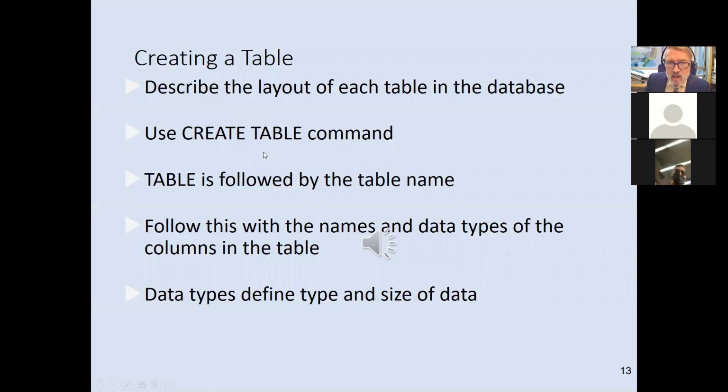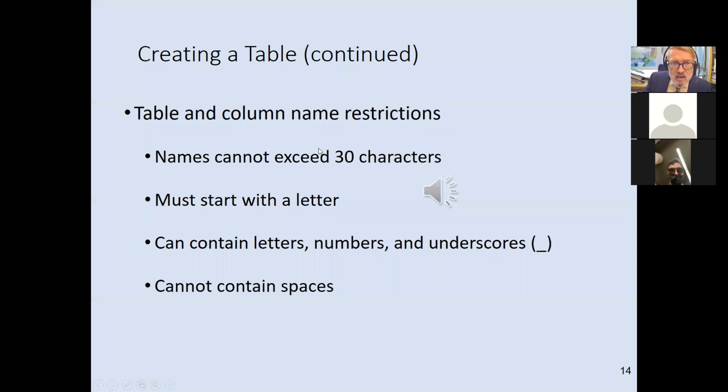So the create table command is used to create a table. We say the name of the table, and then we define each of the fields in the table, including, very importantly, the primary key. Names of a table cannot exceed 30 characters. Not sure why that is, but I suspect it may be a limitation that was originally put into SQL because of it being used on Unix systems, that type of thing. It must start with a letter. In other words, you can't start the name of a table with a number, and that kind of thing should be familiar to you because it's also that way with some